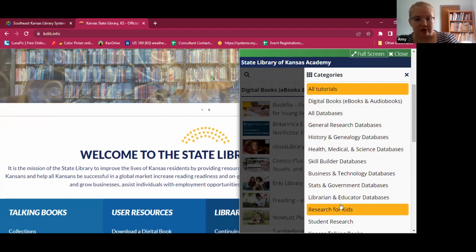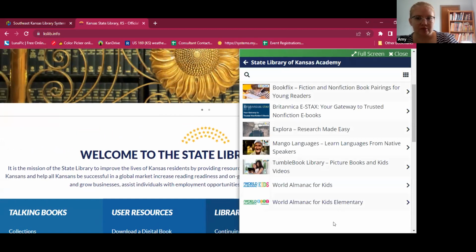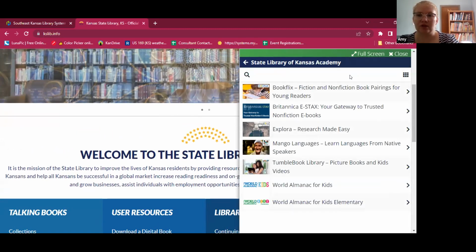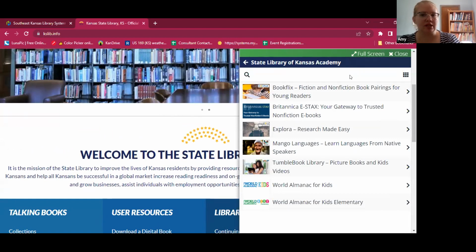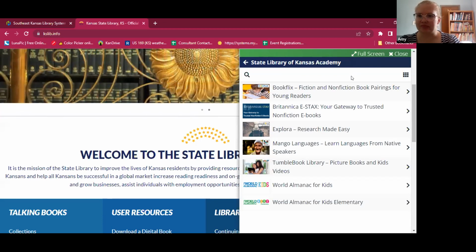For example, down here, research for kids, right? If you have a school age patron come in and they need to do an animal report on the stoat, for example,